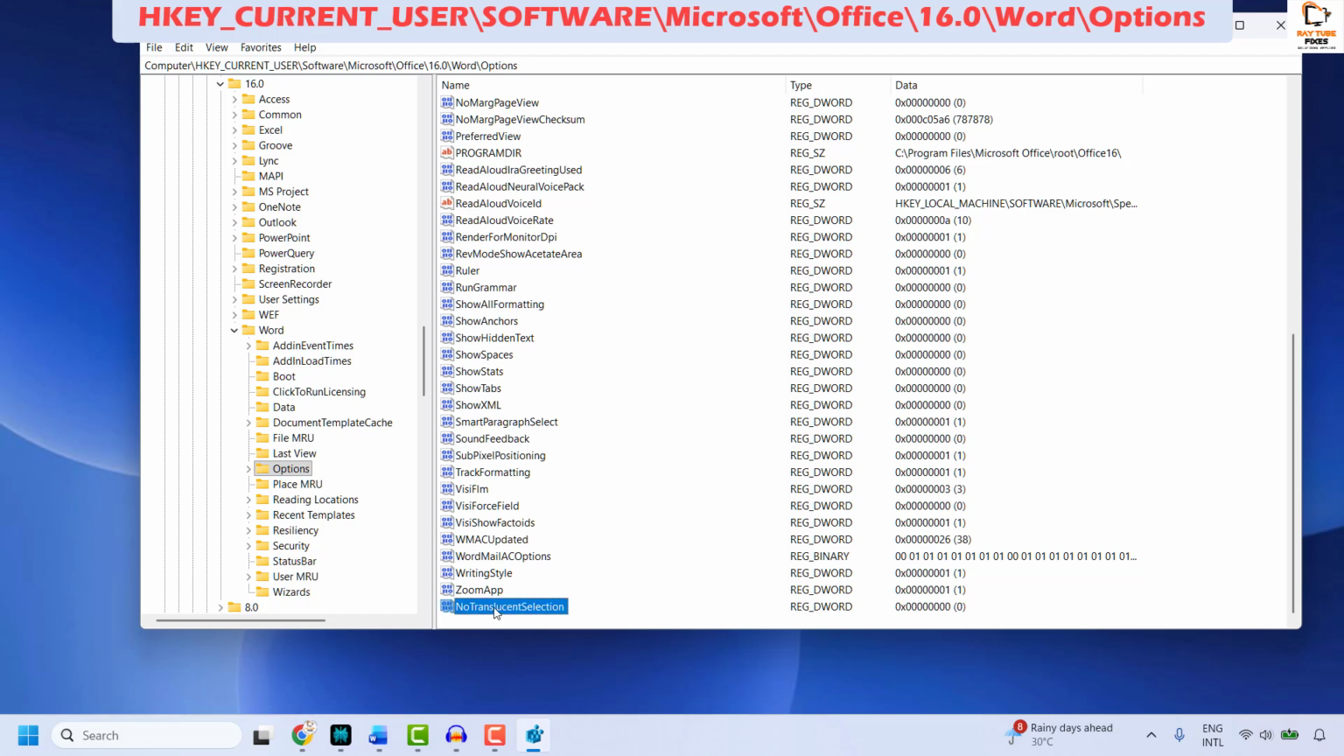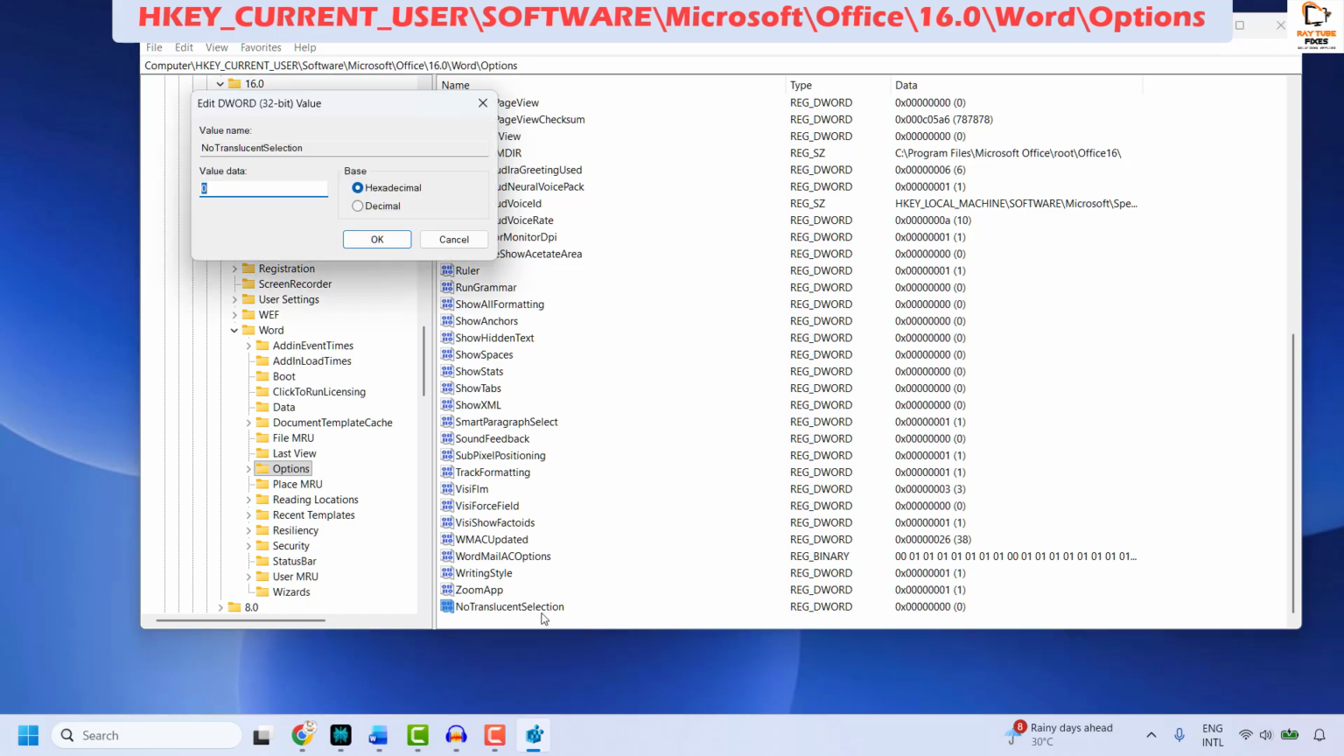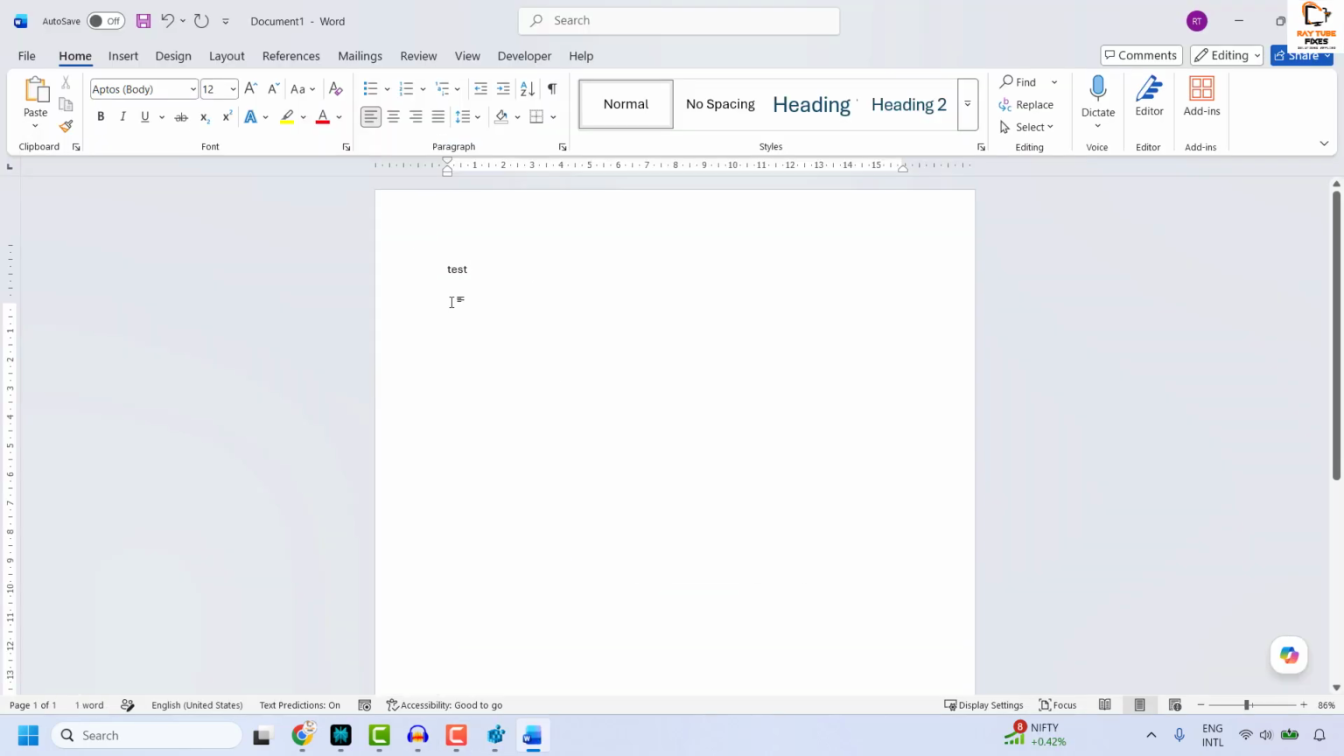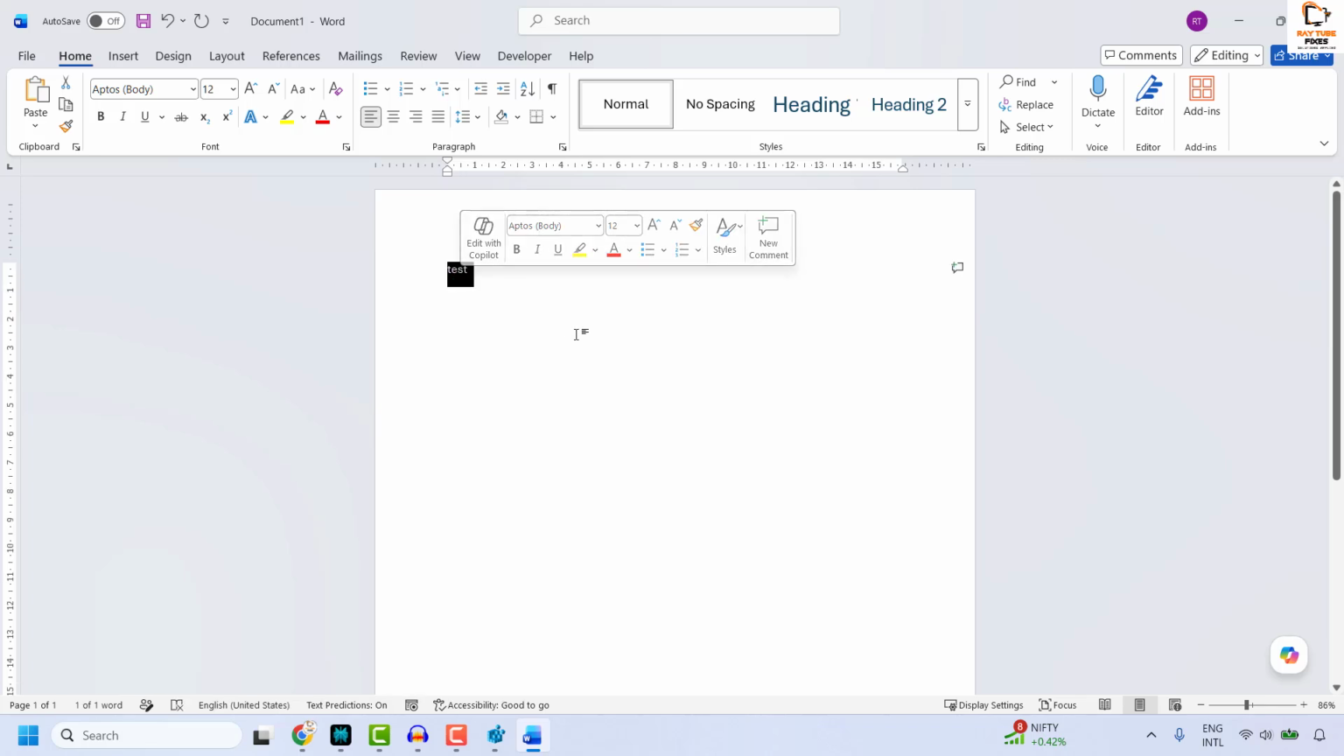Hit enter. Once you have entered this text, you will have to do a right click and then click on Modify. Change the value data from 0 to 1 and then click on OK. Now, when you open Word and try to select text, the selection color is changed from translucent gray to solid black. So this is how you can change the translucent gray to solid black